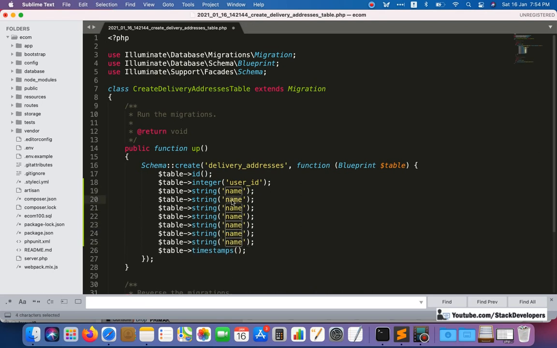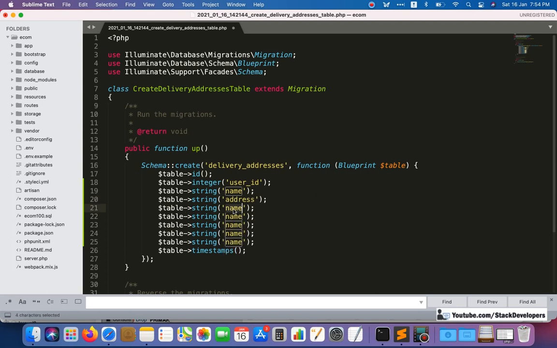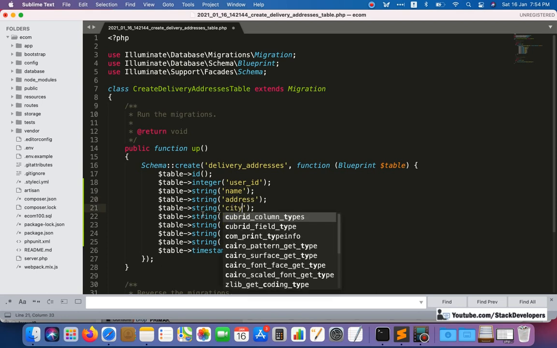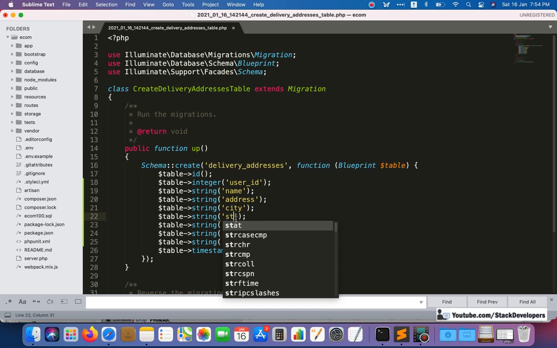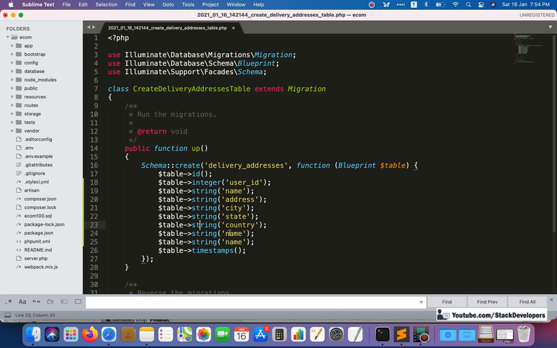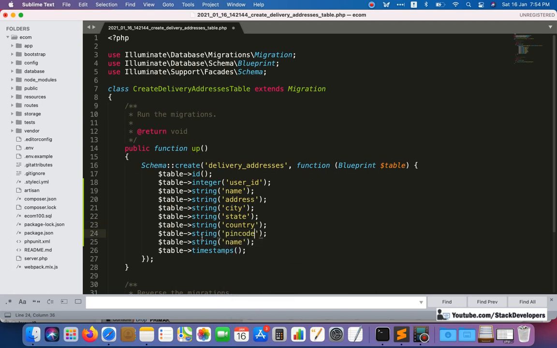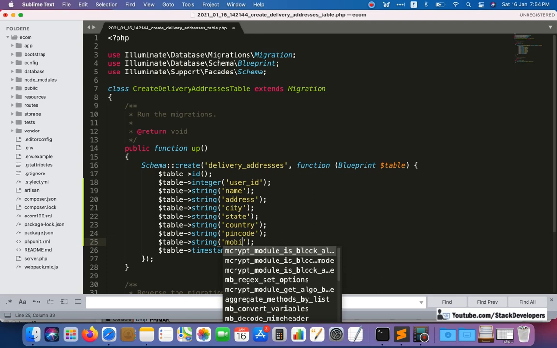And after name, address, city, state, country, pin code, mobile.